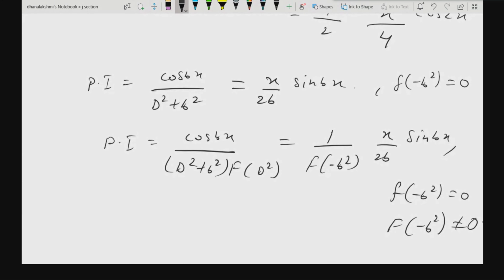Yes, ma'am. So while solving, sometimes in the numerator you may have a factor like ld plus or minus m. Then, to solve it again, what will you do? You will multiply the numerator and denominator with the conjugate part of it, and again replace d square with minus b square and solve it accordingly. Got it? Any doubt?